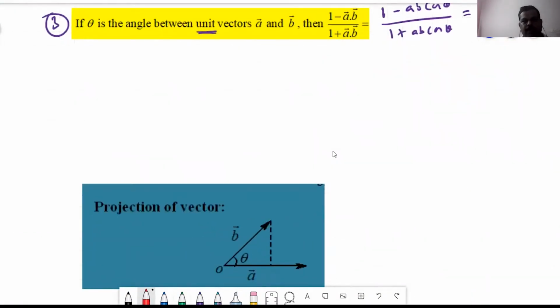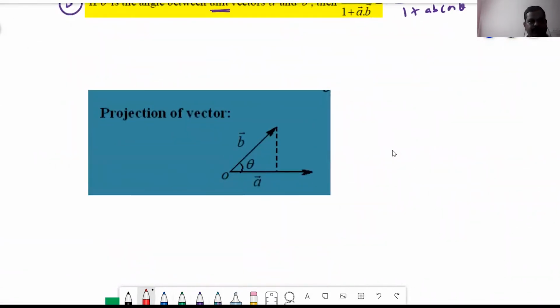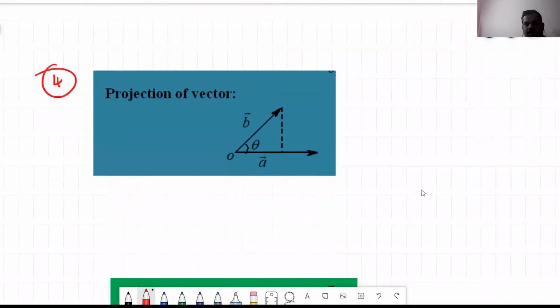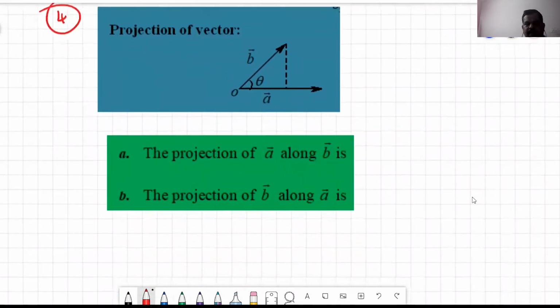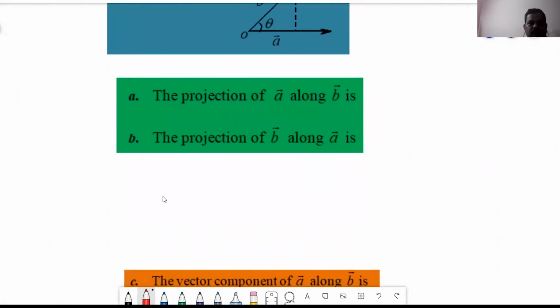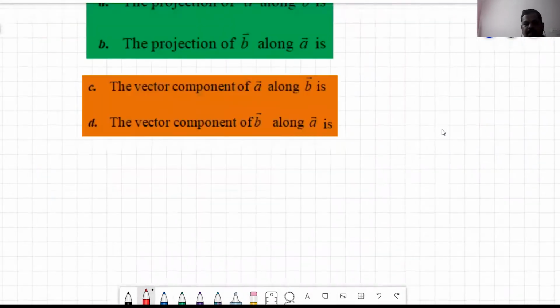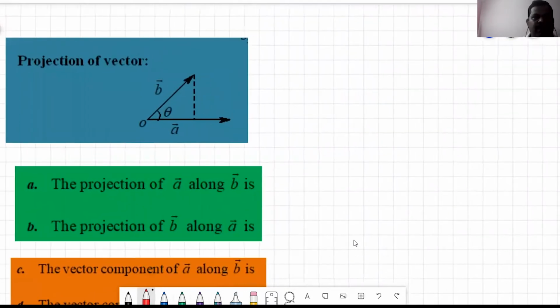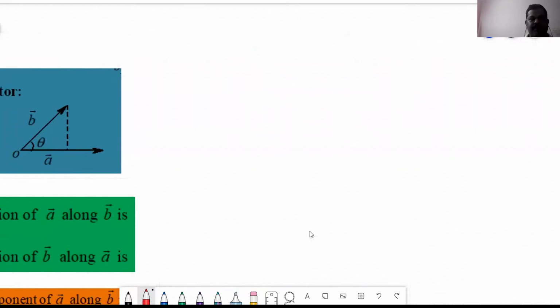Now let's see another important concept. Actually, this is a very good application of the dot product. So what is the projection of a vector? We want to find out the scalar and vector projection. Projection is same as component. So I'm going to discuss both the scalar component as well as the vector component. The projection of A bar along B bar means the component of A bar along B bar we want to find out. So it's a very simple concept and very important.